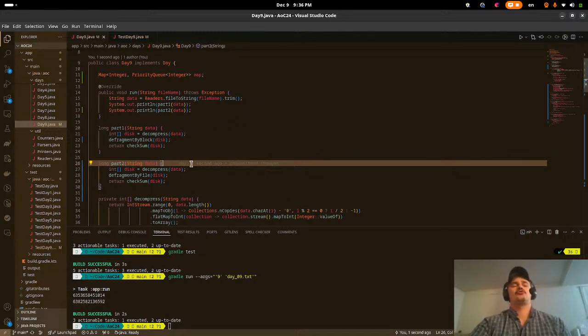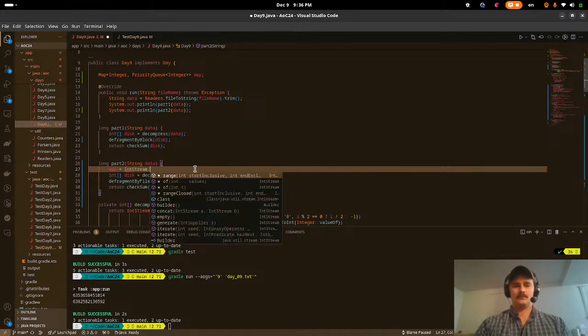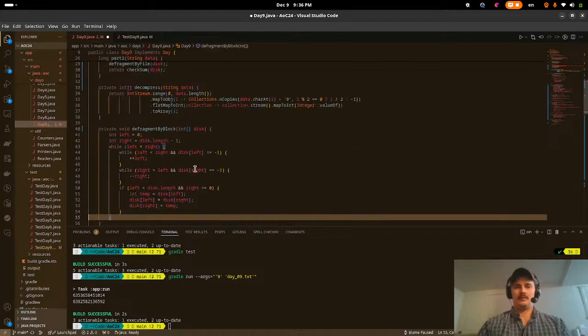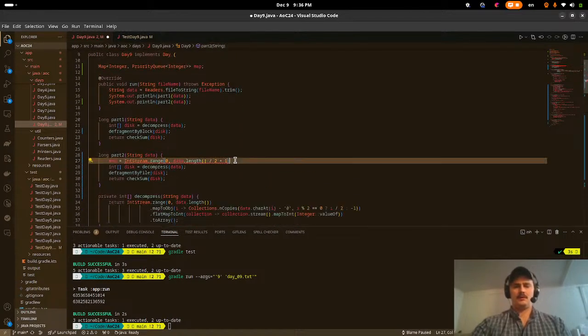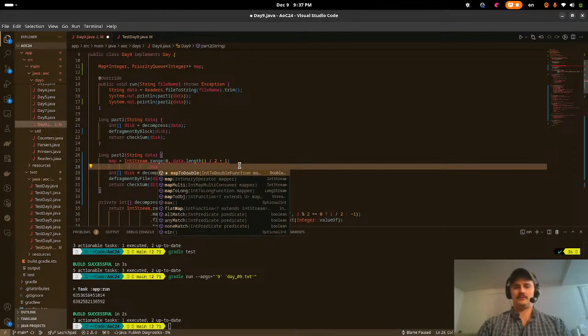So, how many IDs do we have? Let's make that the length divided by 2. Zero to data dot length divided by 2 plus 1. Whoops. So mapping each of those file IDs right here. Map each one of those file IDs to